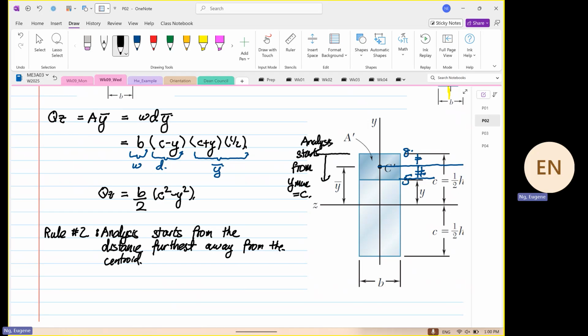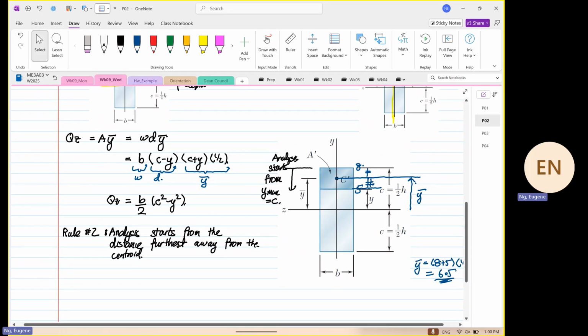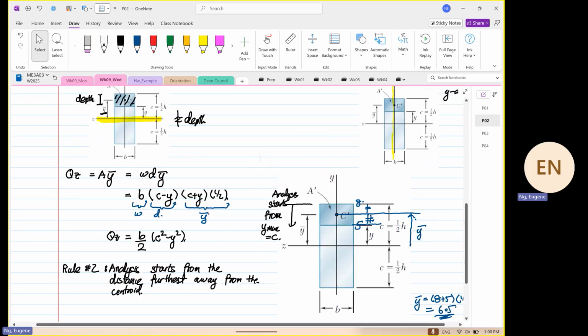And then from here, we have made up 2 rules, and the third rule, as you all know before,